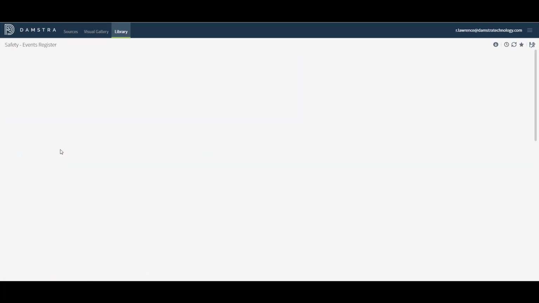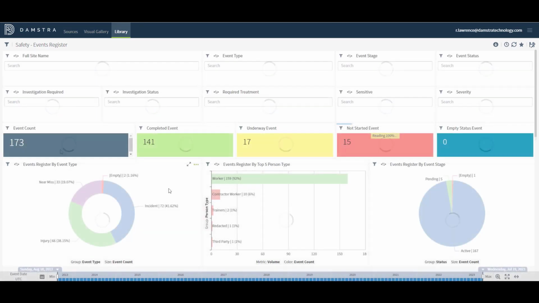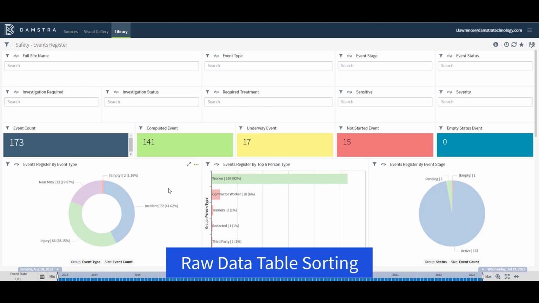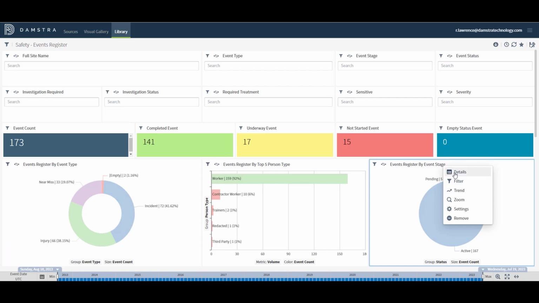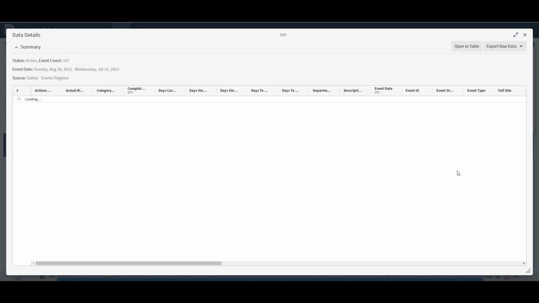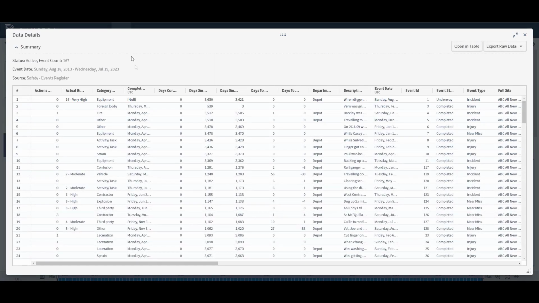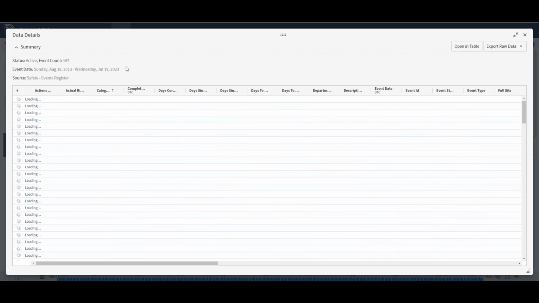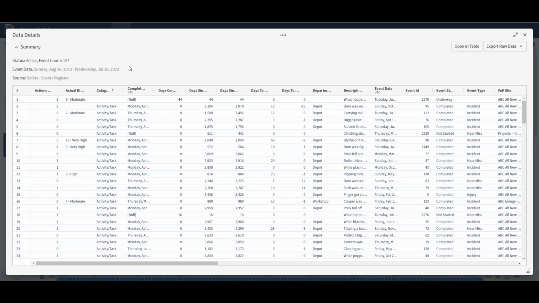I'll take you back to the events register and go to the pie visual of events, multi-sorting a raw data table. Within the visual, left-click Details, opening up the details from the segment in a raw data table. I'll click on the column heading Category, then sort the Days Open column,